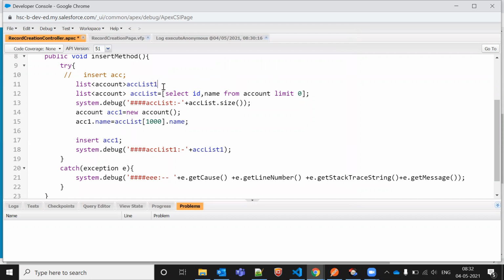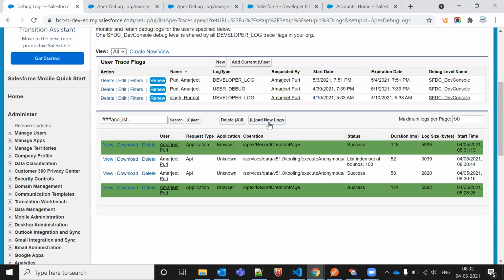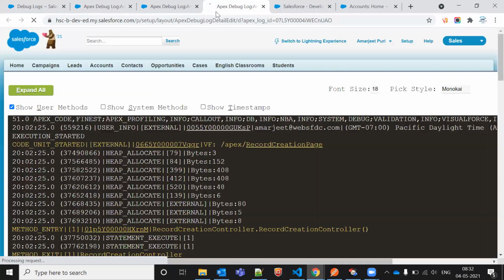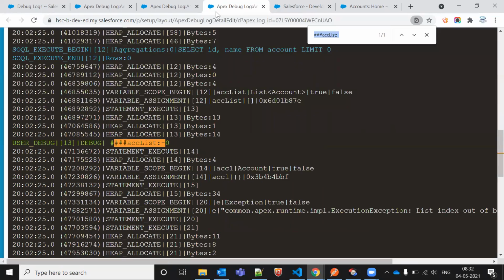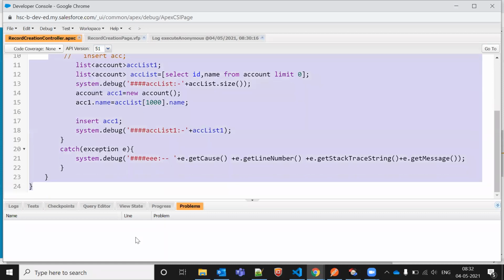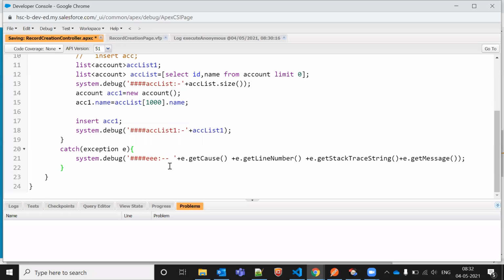Even let me not initialize this one, and we'll try with this one only. It should throw an error message here because we don't have any records with 1000 records, right? Is it getting it or not? It is fetching 0 records only, right? It should throw an error message actually. Might be something we are missing, not able to capture the things. Okay, no worry, we'll do it later and we'll see.